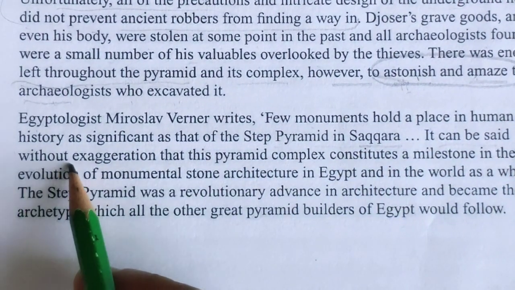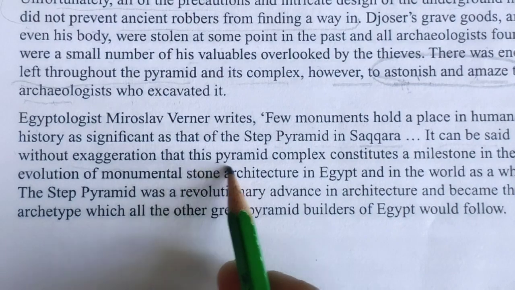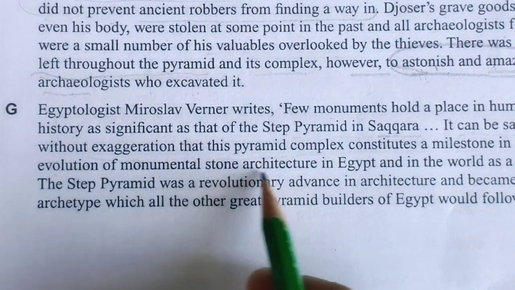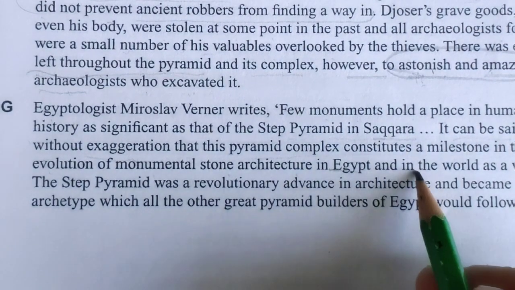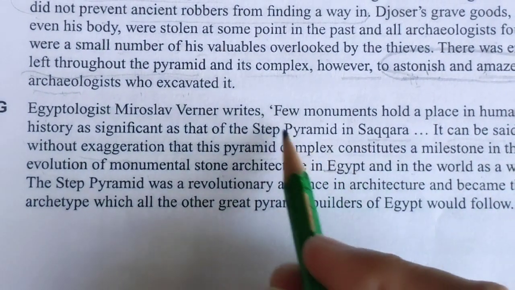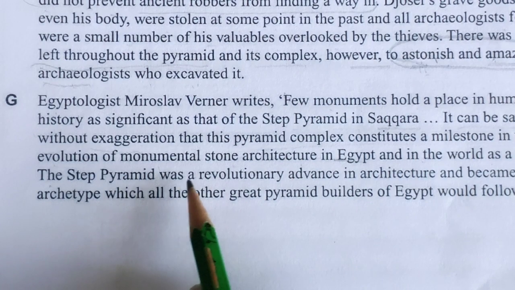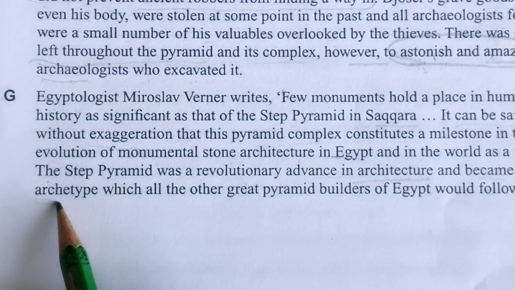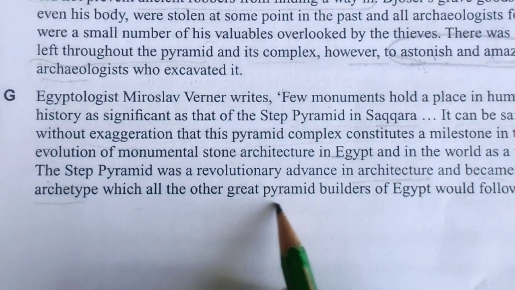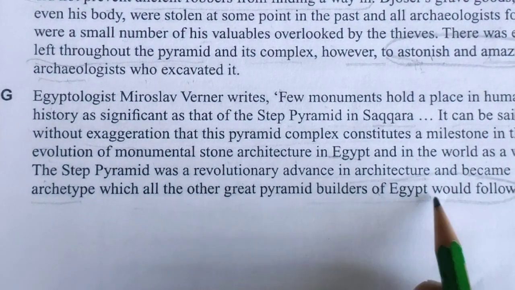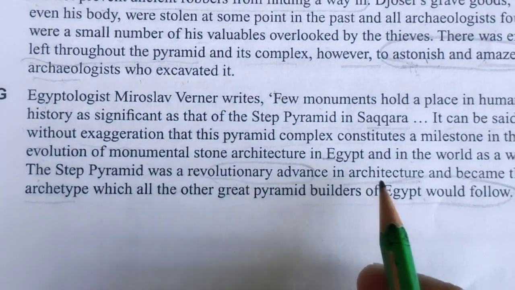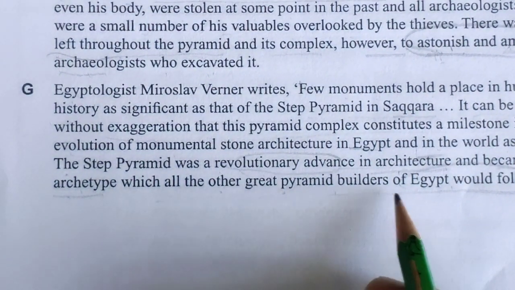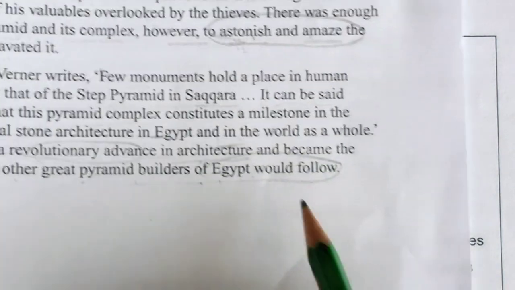It can be said without exaggeration that this pyramid complex constitutes a milestone in the evolution of monumental stone architecture in Egypt and in the world as a whole. Okay, this is the line. The step pyramid was a revolutionary advance in architecture and became the archetype which all the other great would follow, means would